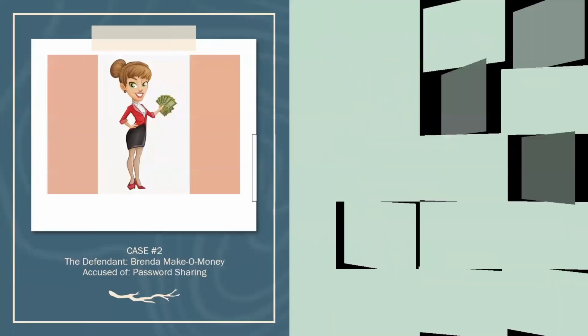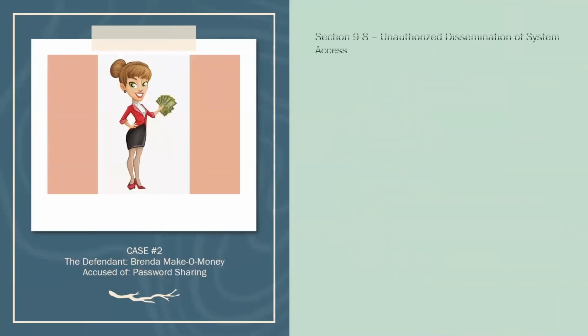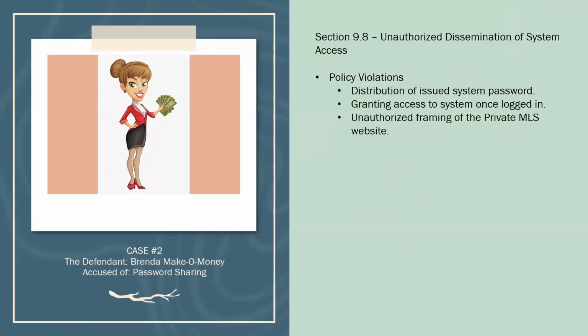All right, let's proceed on to the next one. Password sharing. Do not give access to the system. So if I log in to a computer and say, hey, would you mind finishing putting this in for me? And I walk away, I just gave you access. If I go to your computer and I log in for myself and ask you to do something, I'm giving you access. That's unauthorized access. Your first fine is $1,000. Your second fine is $2,500, and your third fine is $5,000.